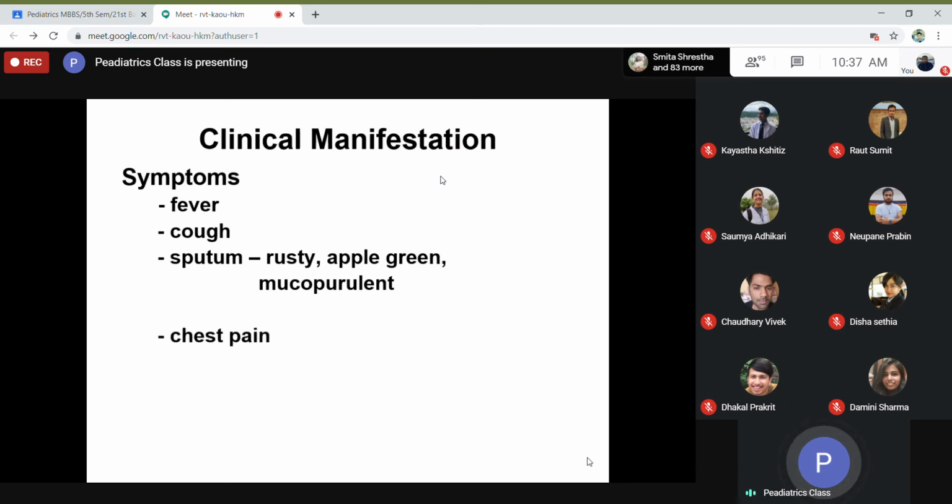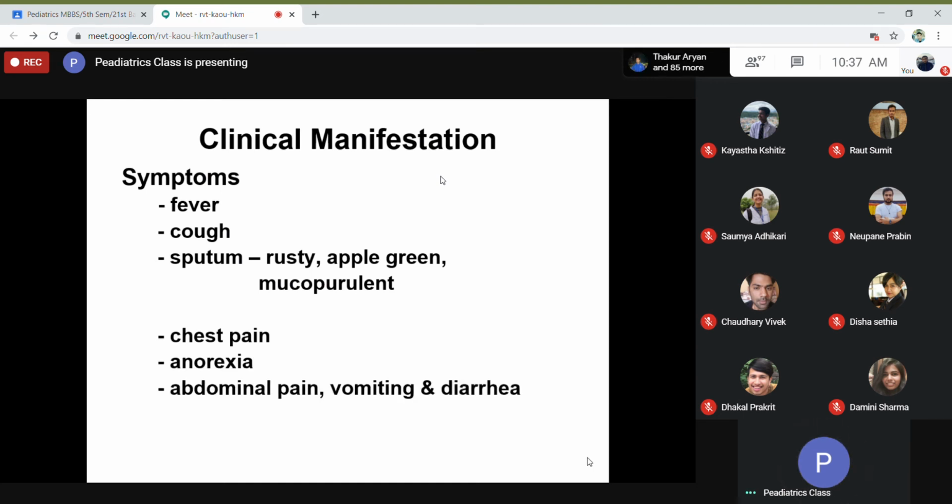The sputum may be rusty, apple green, or mucopurulent. Rusty sputum you see in pneumococcal pneumonia. In Klebsiella pneumonia, there will be greenish, apple green colored sputum. In Staphylococcus, there may be mucopurulent, purulent type of sputum. If the child is old enough, they can complain of chest pain,